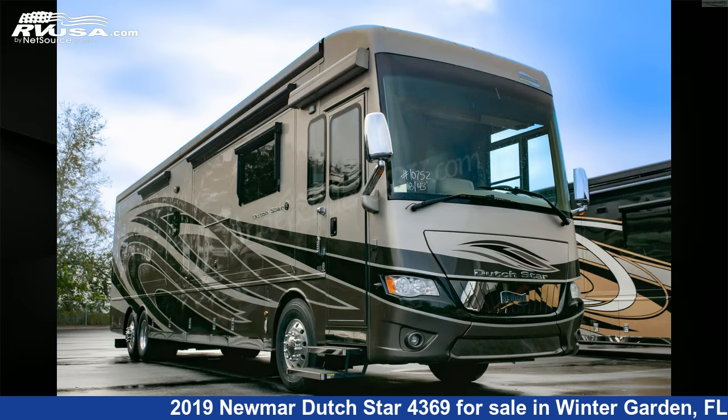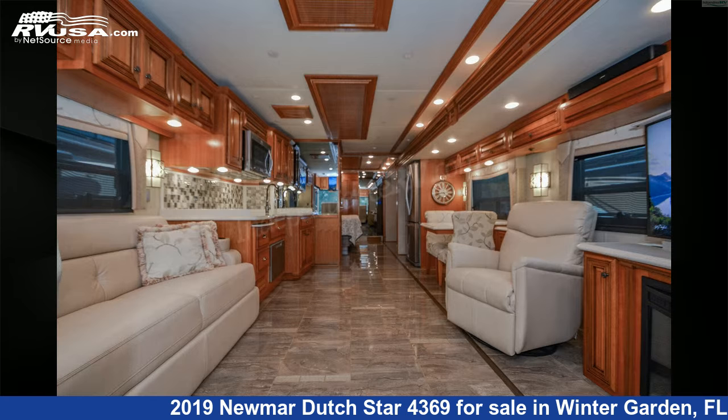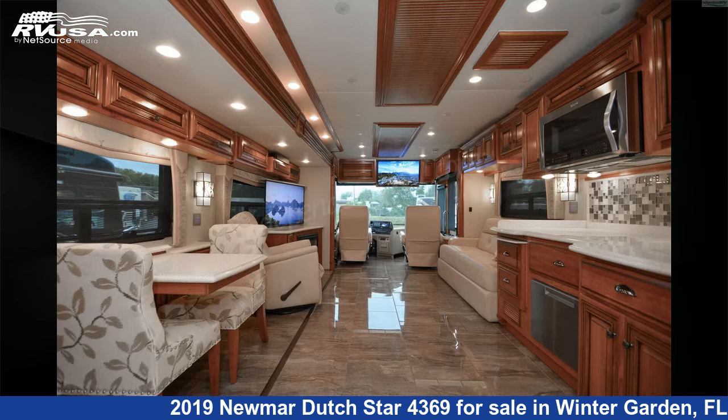This 2019 Newmar Dutch Star 4369 is a Class A RV. It is located in Winter Garden, Florida, 34787 and is offered for sale by Independence RV Sales. This used Newmar is 43 feet 9 inches in length and features 3 slideouts, a Seapearl Decor, Carmel Glazed Cherry